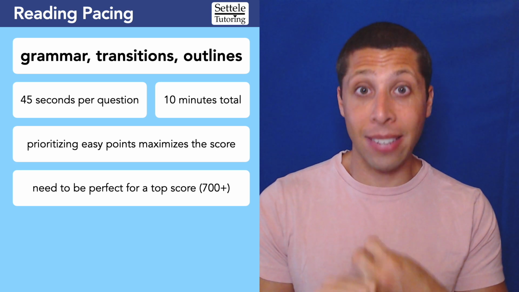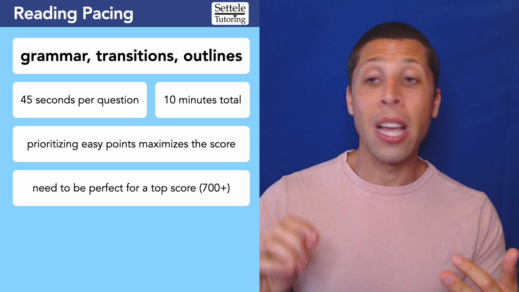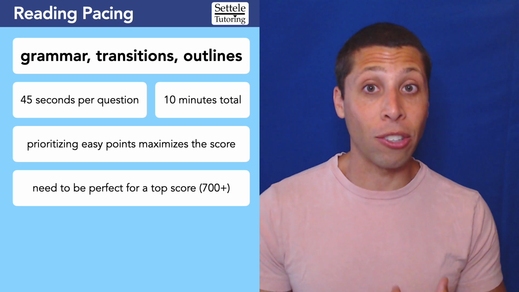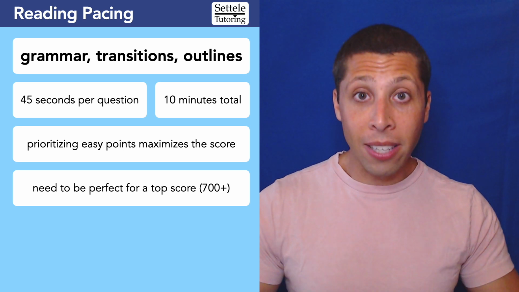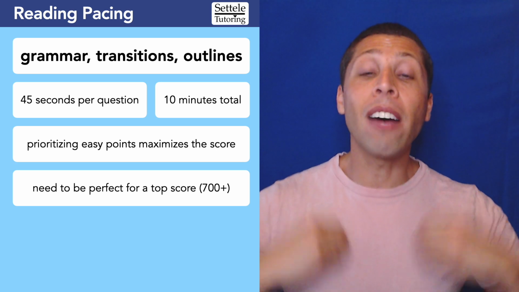And so it's a fast half. You're going to do it really, really confidently, because if you've been studying your grammar rules, if you've memorized the transition words and you know how to play the game on those outline questions, these should be really, really fast. And like I said before, we are prioritizing locking in points on the easy questions for the sake of maximizing